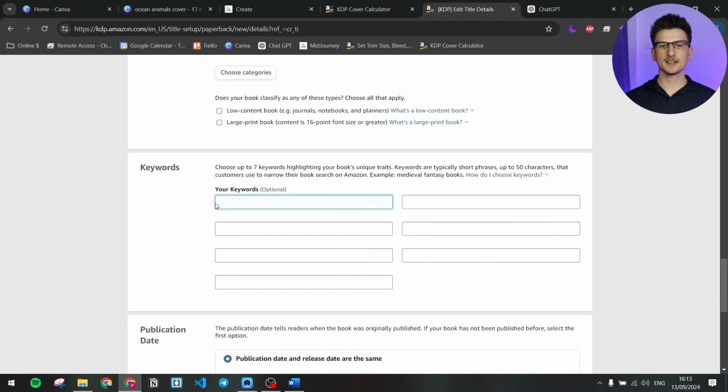Keywords: this is basically where we fill out our long tail keywords for the book. Again, this holds less importance in terms of SEO, so I don't overthink it or do too much research on that one. You want to use keywords that you haven't used anywhere else. They could be synonyms of your title or other words that describe your book. You just want something relevant to your book, but not necessarily included in your title or subtitle. I'm not going to fill out the rest of this, however, make sure you use up all the space